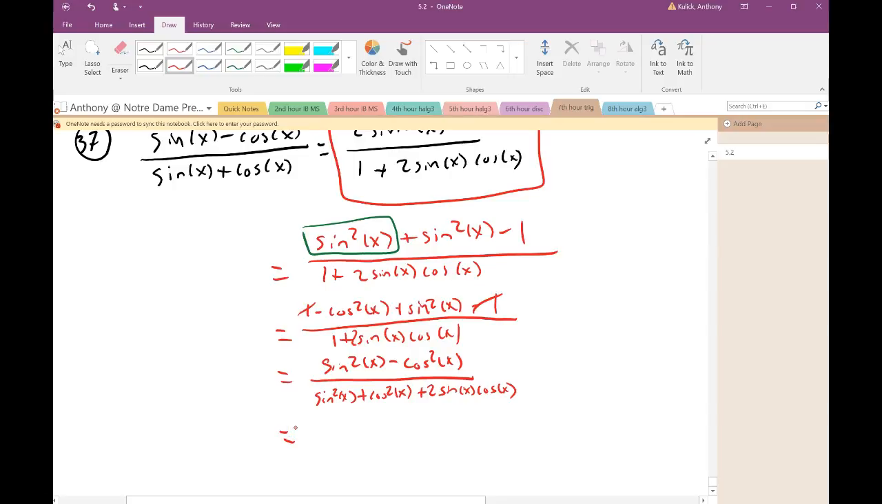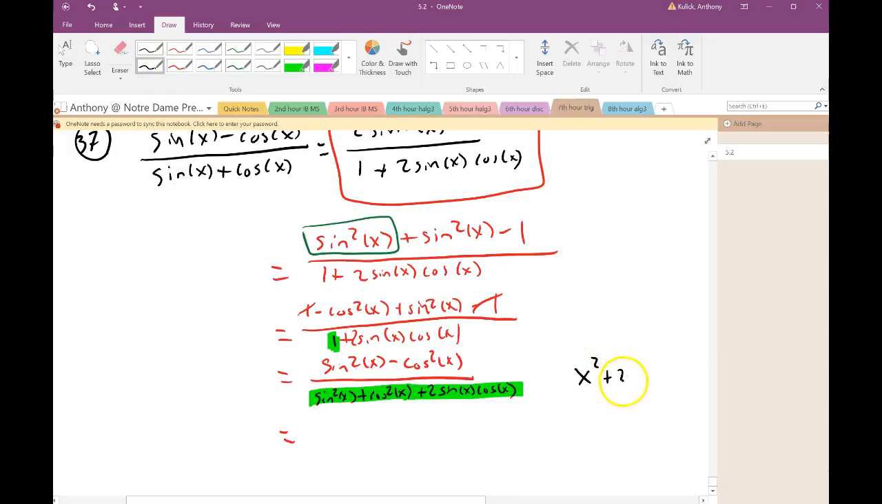I rewrote 1 as sine squared plus cosine squared. So I took this 1 right here and turned it into that. Now you should look at me and go, why in God's name would you want to take it and make it more complicated? It's a perfectly valid question to ask. If I look at that denominator now, though,